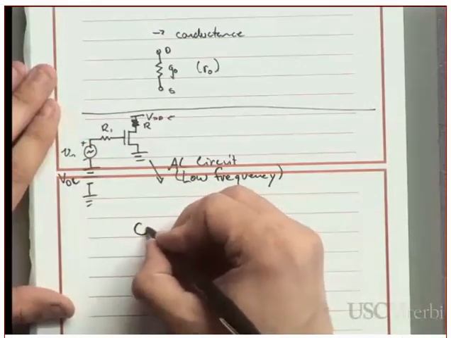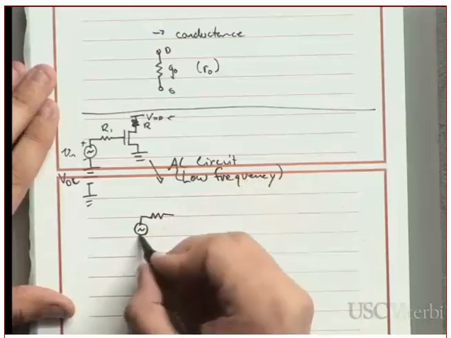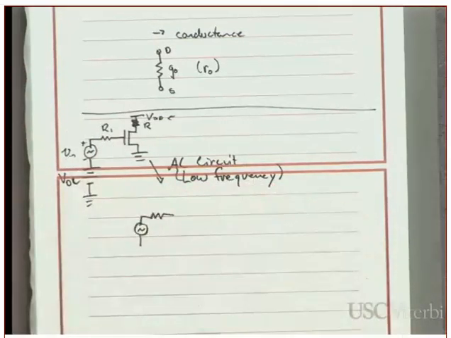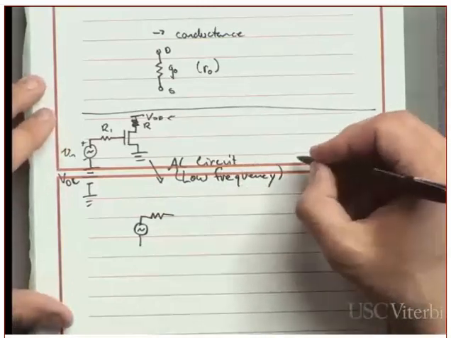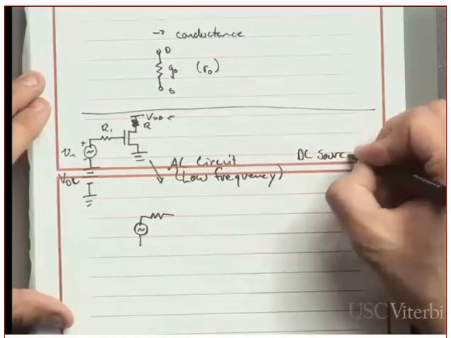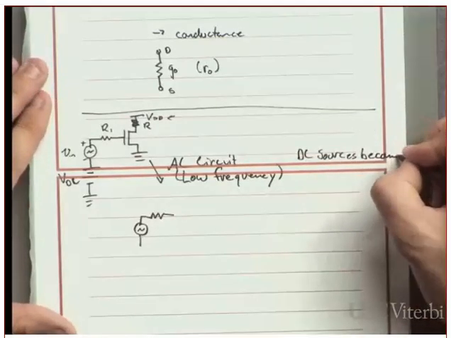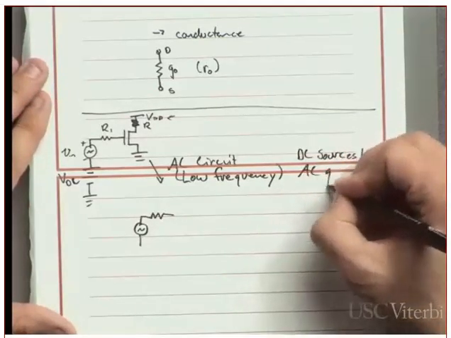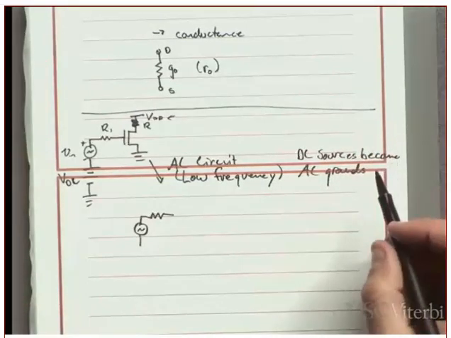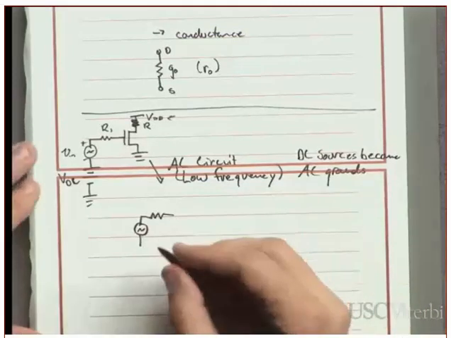So this particular part of the circuit stays the same. Now remember, when you draw an AC circuit from a DC circuit, remember your DC sources become AC grounds. And I think that's really the only major change, aside from substituting in